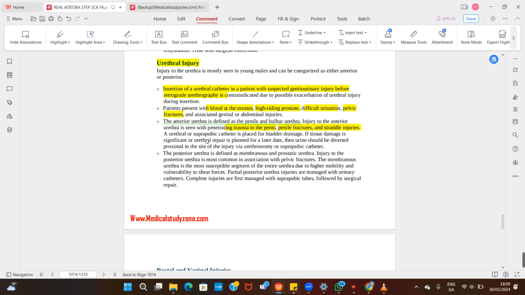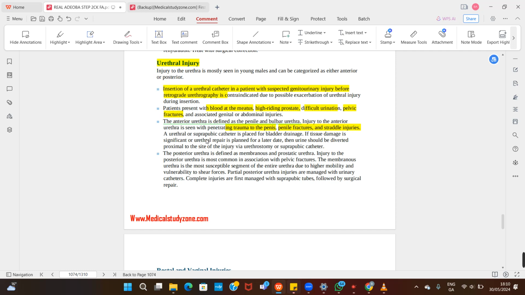And what do you do? Most of the time, you just want to divert that urine. You don't want that urine flowing through the urethra that is injured. So most of the time, you will do a superior diversion. You can put in a suprapubic catheter, a suprapubic cystostomy. Then you put in a catheter there to drain the bladder so that the urine doesn't even flow downwards